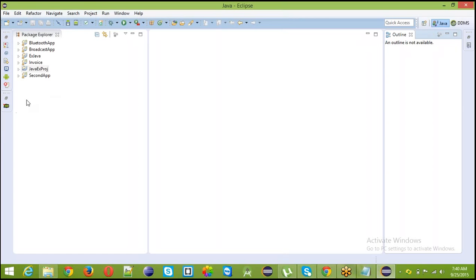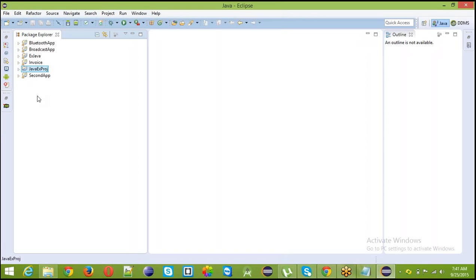Then go to this project. So this is our project. The Java example project is created, and if you observe in the folder, there is a J symbol. J symbol is nothing but Java. Just above and below, there are some folders which have an A symbol. A symbol is nothing but Android.